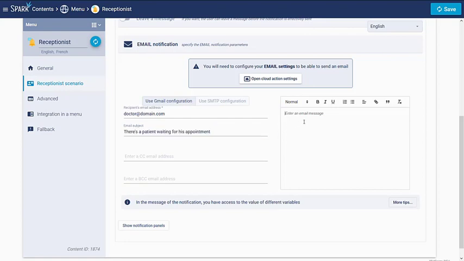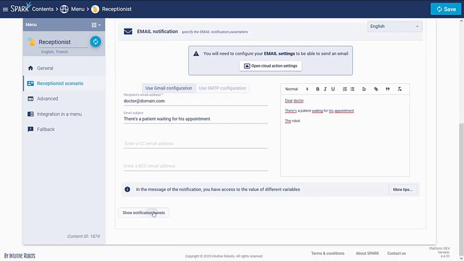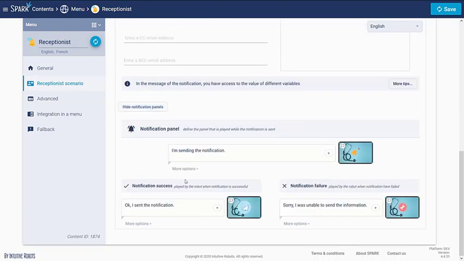And here you can define the message of the robot. And here below you have more advanced features where you can edit all the panels or tablet display, like when the robot is sending the notification or when the robot wasn't able to send the notification.